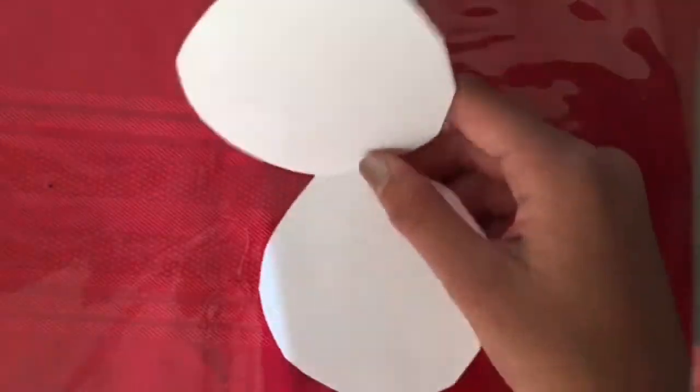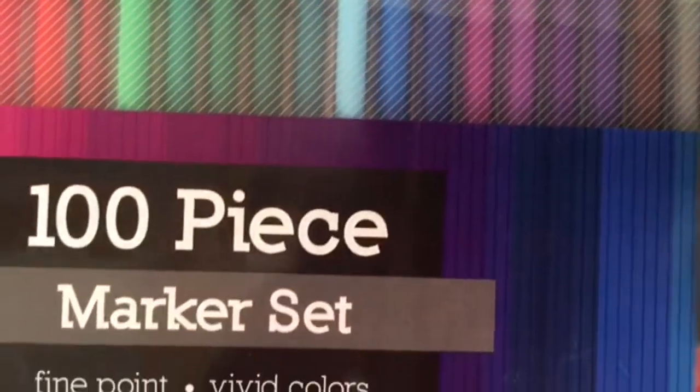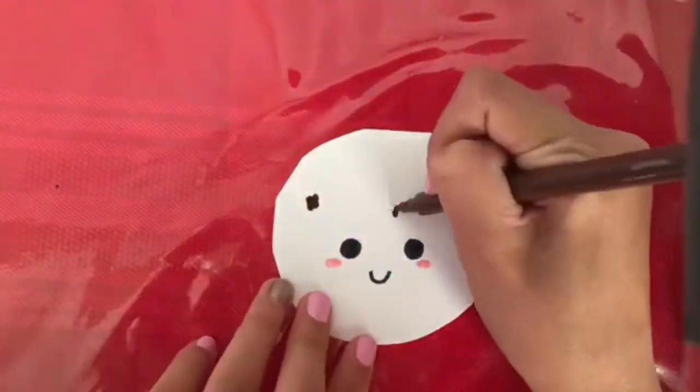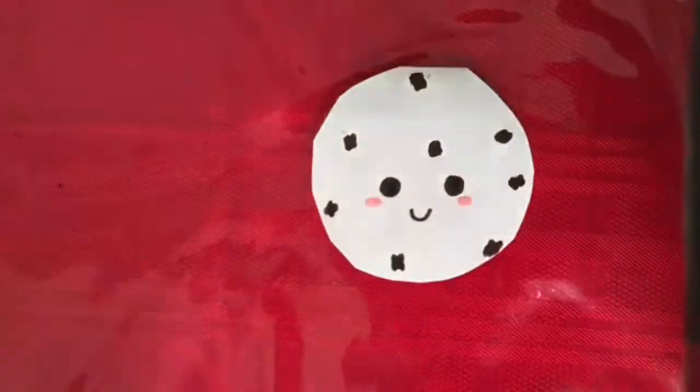It should basically be able to fold in and out, and your paper squishy that we made should fit in it. Now I'm using some markers, and this is a 100-piece set, and I'm going to go ahead and draw a design on the paper, and I'm making a chocolate chip cookie, but again, feel free to do whatever you'd like. Let your artistic